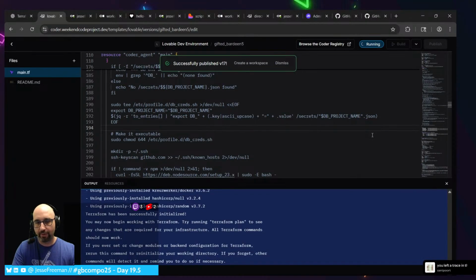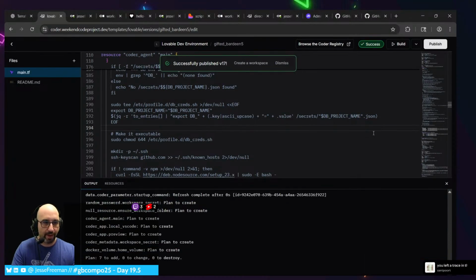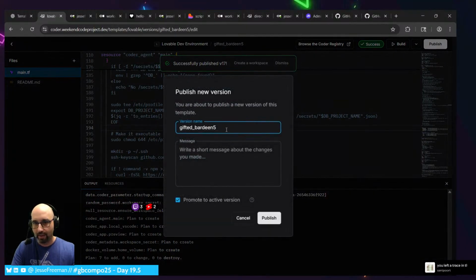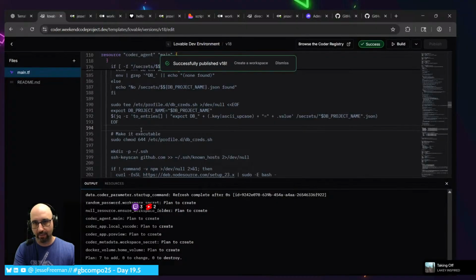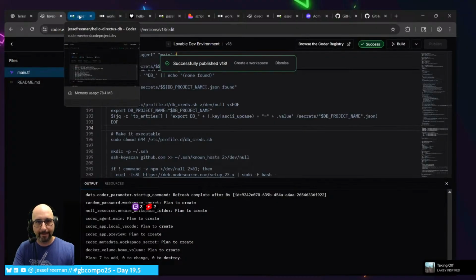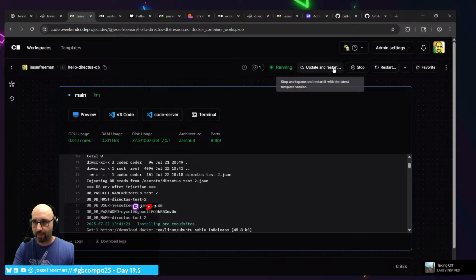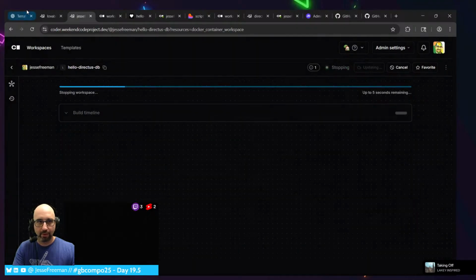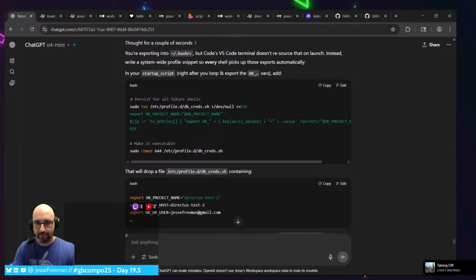So now what it's going to do is write these to a hidden file on the workspace in Docker. V18. Watch that number creep. And so now if we restart this, we should be able to look into the etc profile and look for a db creds sh.